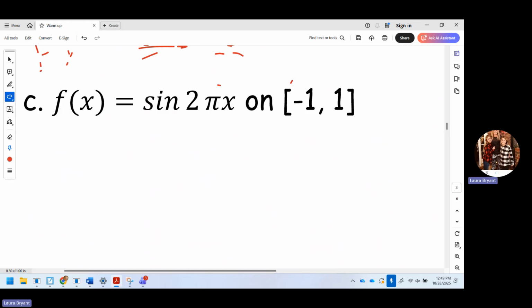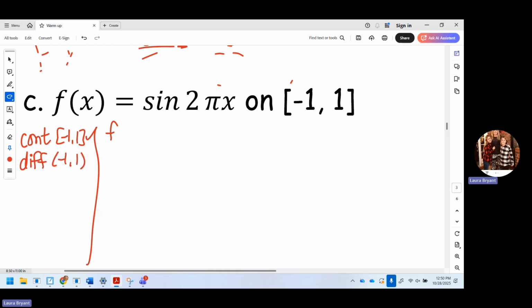Now, tangent does have a fraction. Tangent is sine over cosine. But sine and cosine don't have a fraction or square root or logarithm. So this is easy to say, yes, this is continuous from -1 to 1. And then for differentiable, I take the derivative